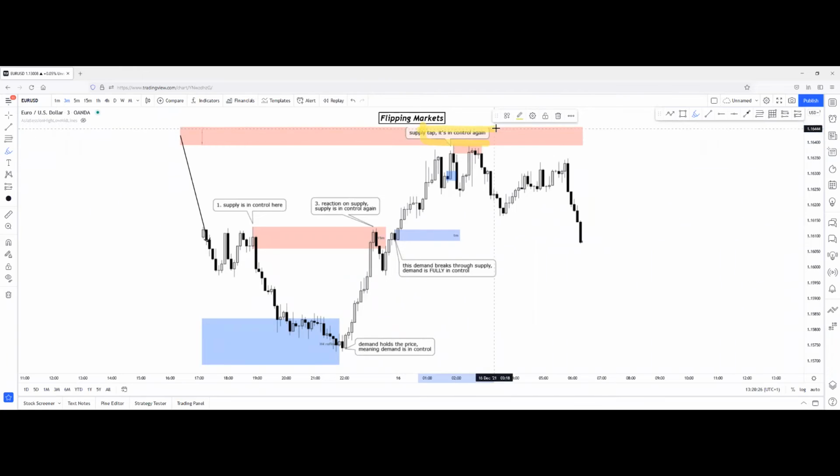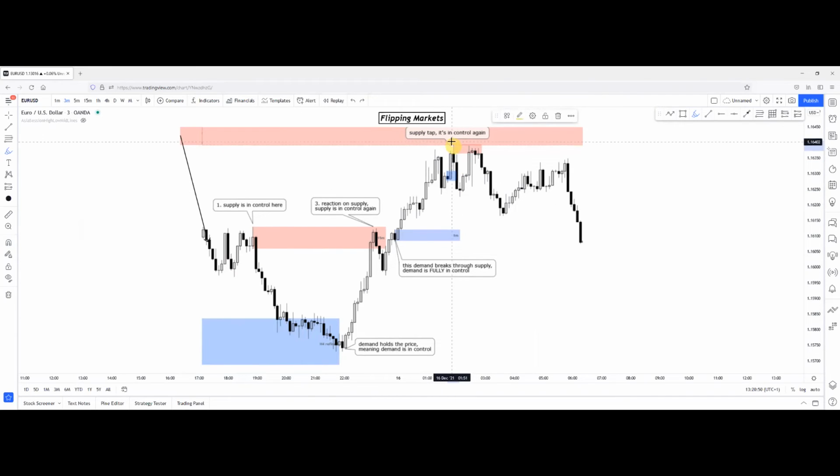But we have a supply zone up here, which was the extreme of the move because it started the whole bearish order flow. And the price actually tapped this supply zone, which means supply took over control from demand again. And as you can see, we have this last demand zone right here, which created the inefficient movement and the break of structure to the upside. And price broke through that zone with this inefficient movement